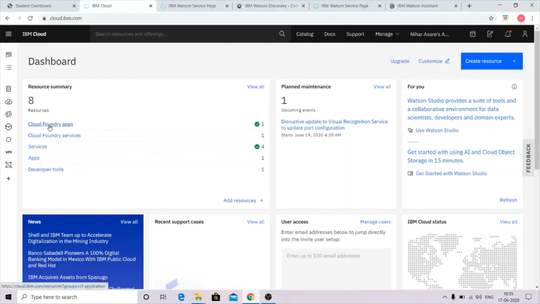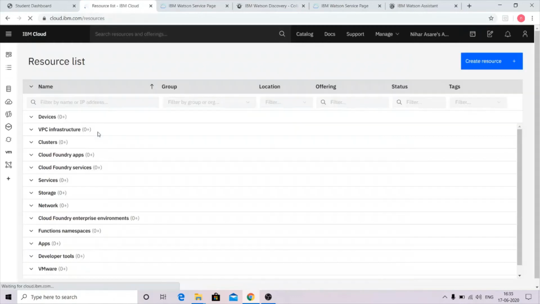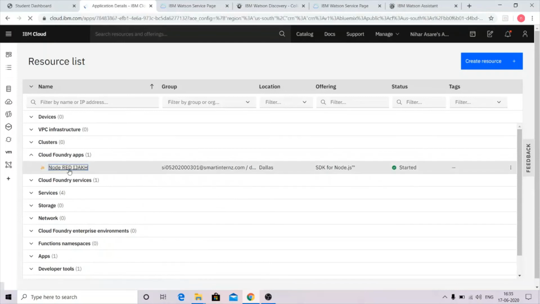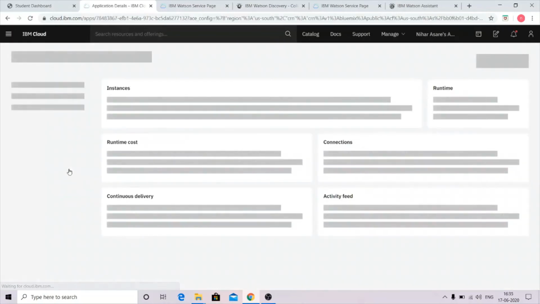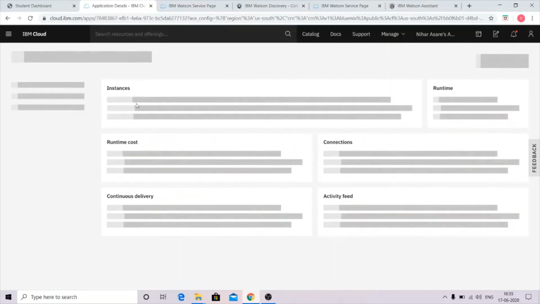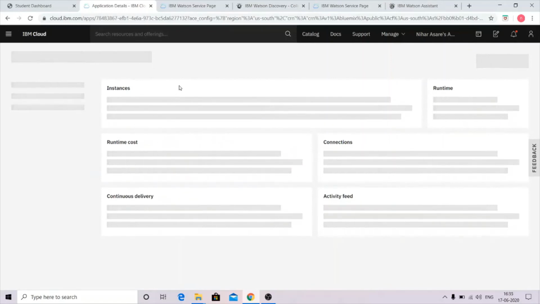Now we will access our Node-RED. I have already made my Node-RED application, so I will access it using the resource list. Once you are done with your Node-RED application setup, we will be visiting our app URL.